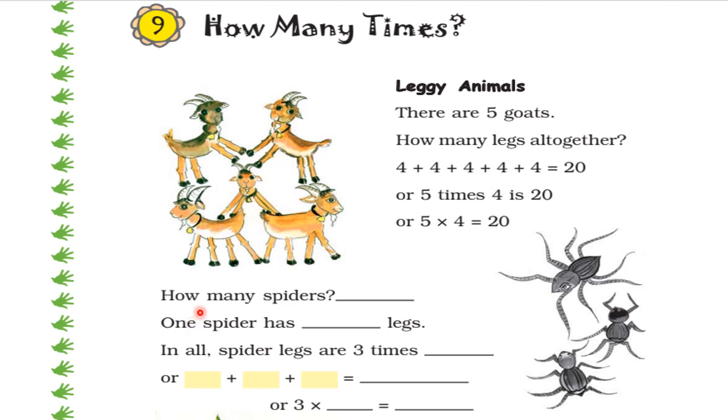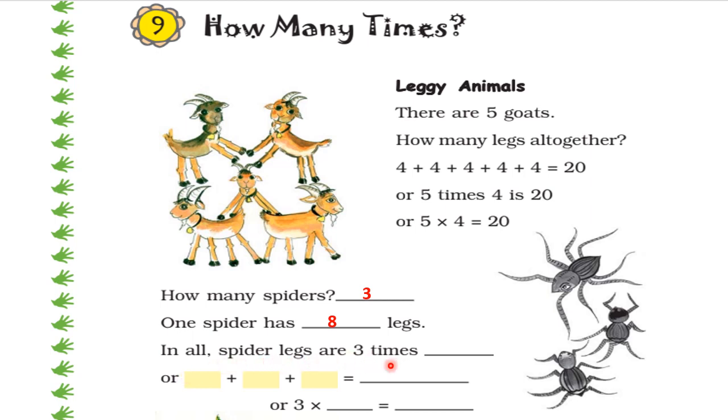Now next question. How many spiders? As you can see here, 1, 2 and 3 spiders are there. So what will we write here? 3 spiders. How many spiders? 3. Now one spider has eight legs. Let us count 1, 2, 3, 4, 5, 6, 7 and 8. How many legs are there? 8 legs. One spider has how many legs? 8 legs. Okay? In all,